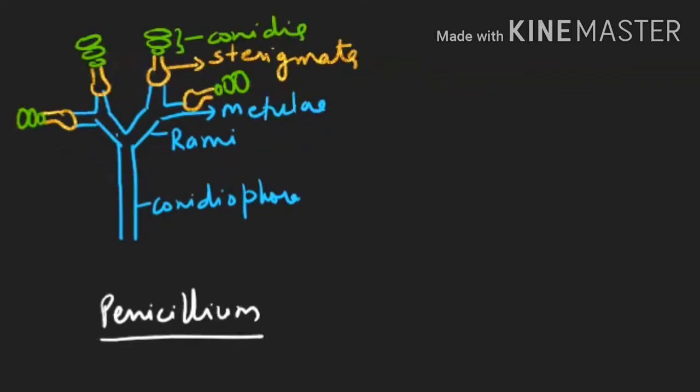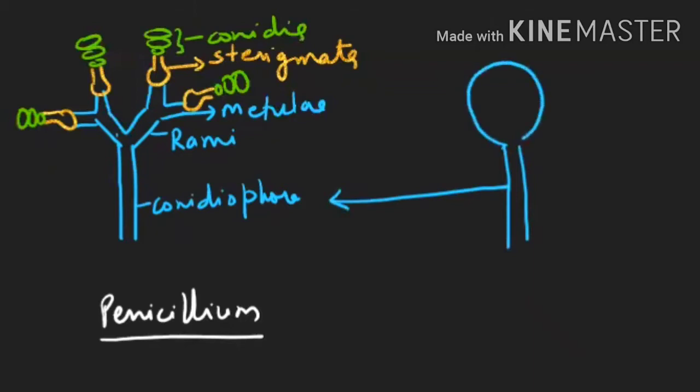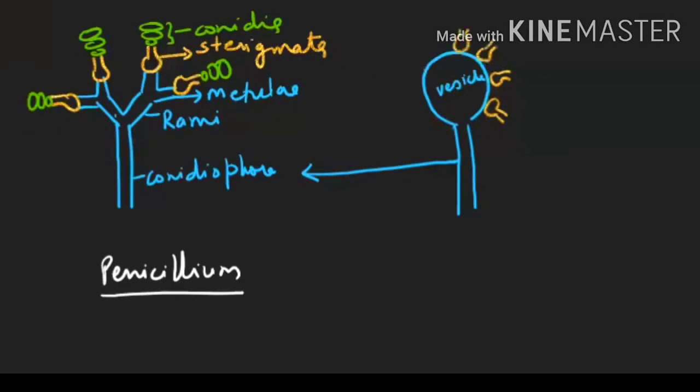Another example of the Ascomycetes, which is very important, is known as Aspergillus. In the case of Aspergillus, the conidiophore will not be branched. Okay, so this conidiophore will not be branched. It is going for swelling, and this structure is known as vesicle. So I'm writing it here. On this vesicle, you are finding it has the flower-shaped sterigmata. So directly on the vesicle, the sterigmata are present. There is no branching of the conidiophore.